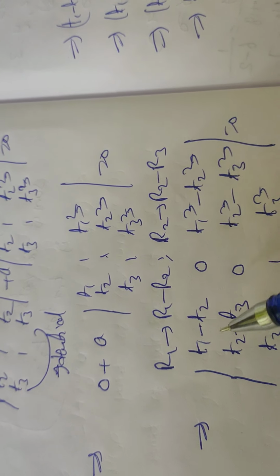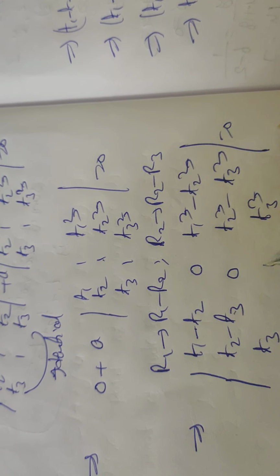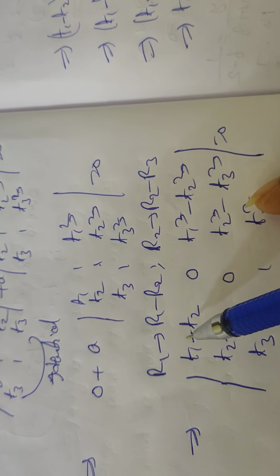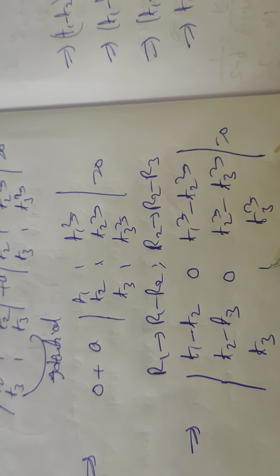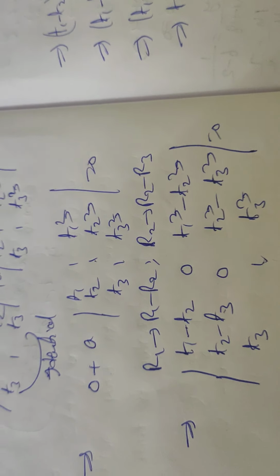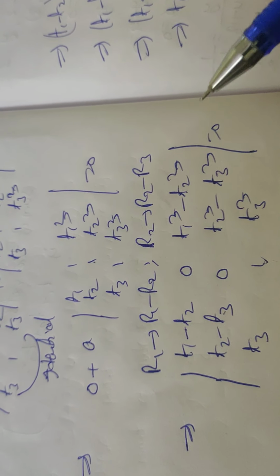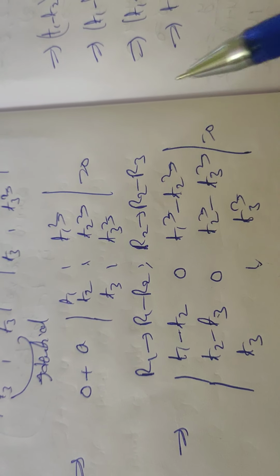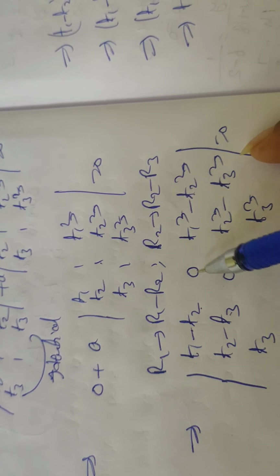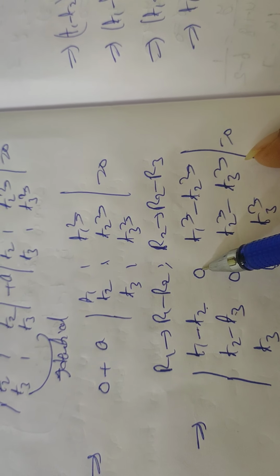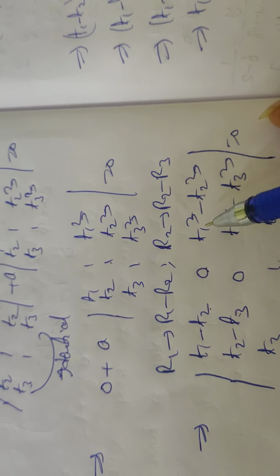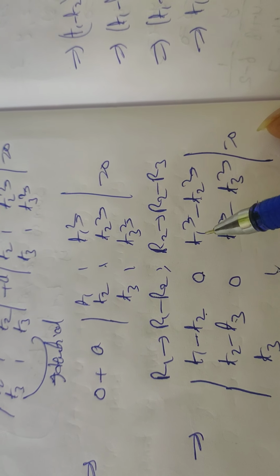Here, first you simplify, don't expand it. Actually these two elements are zeros, so directly with this column you can expand the determinant. Same as you expand with the first row, you can expand with any column also. So you expand with the second column, but there is a simplification first. After simplification, if you expand, you can get it easily. Here 0 into anything is 0, so we can understand this is 0 into t1 minus t2, and the same here, 0 into t1 minus t2. Here t1 cube minus t2 cube means the a cube minus b cube formula.